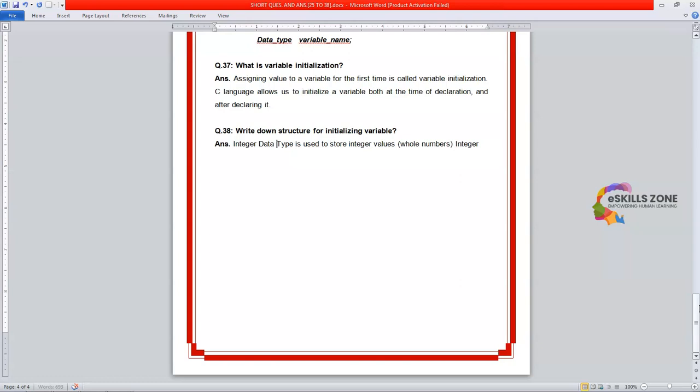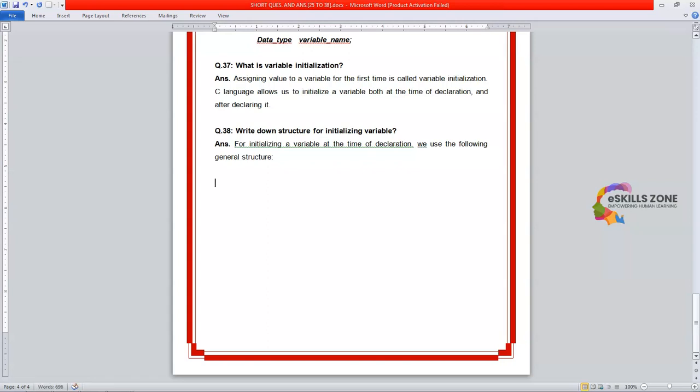The answer is, for initializing a variable at the time of declaration, we use the following general structure,